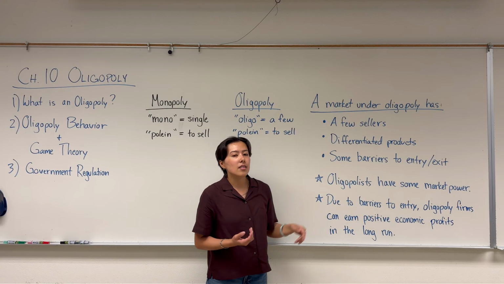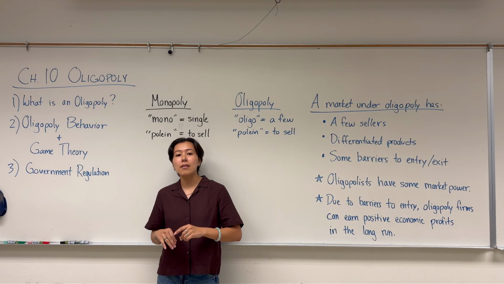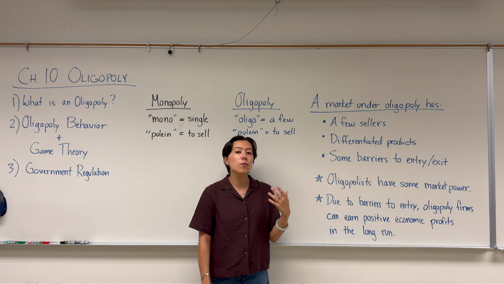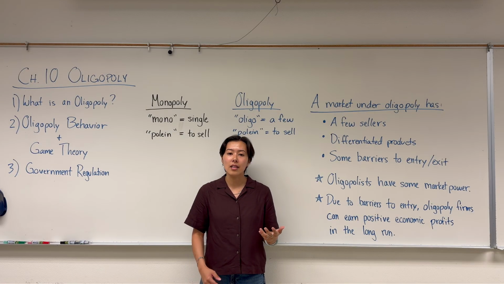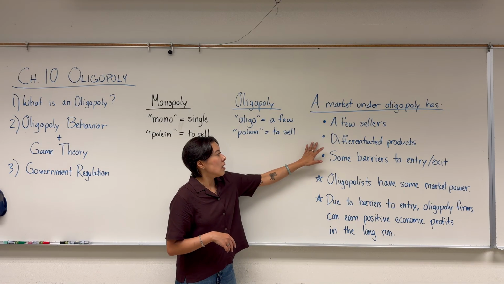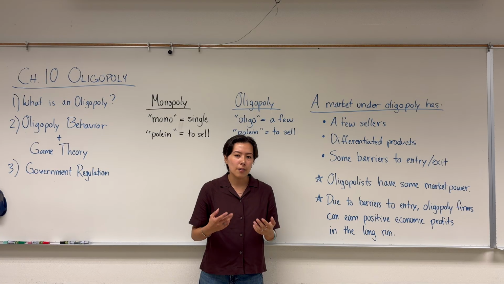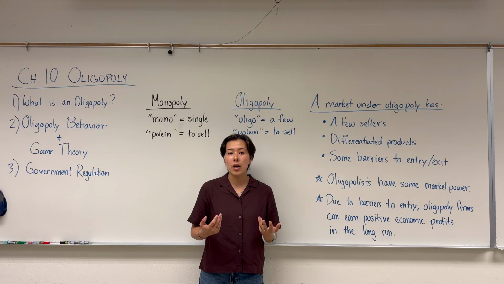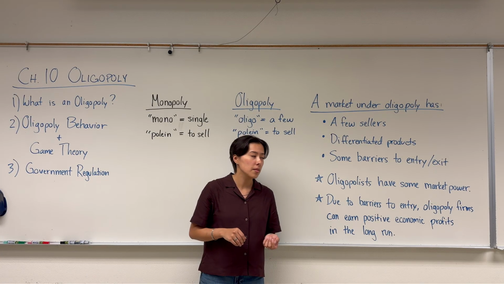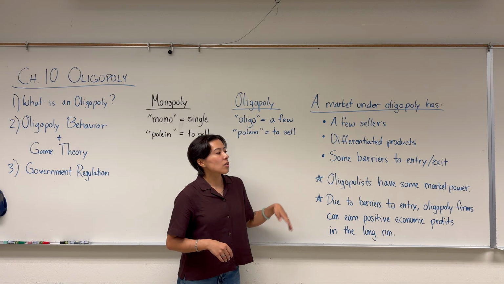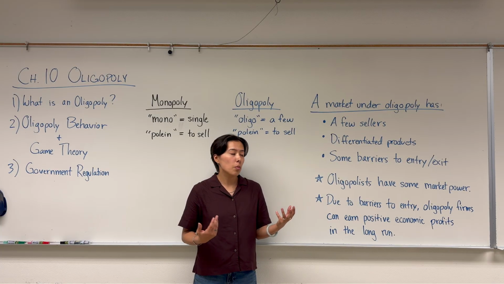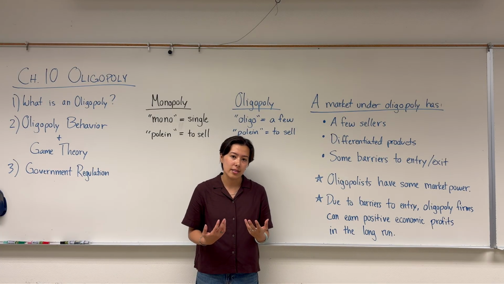So in this type of oligopoly market, instead of having just one seller or many sellers, we have just a few firms that are producing and selling this good or service. These producers are also selling differentiated products. This product differentiation is a characteristic that we talked about when we looked at monopolistically competitive markets in the first half of chapter 10. And lastly, in this oligopoly, there are some significant barriers for new firms to enter this market or for existing firms to exit.